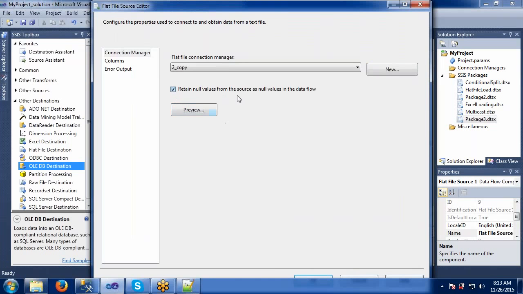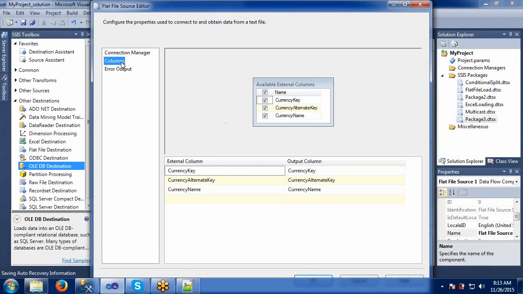Here, retain nulls means if you find any blank there, we can apply null values.